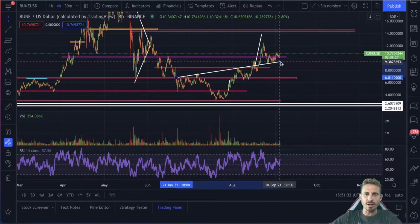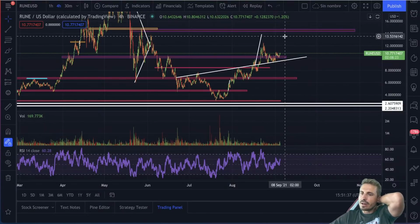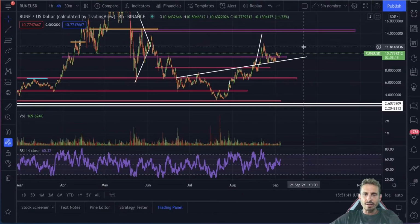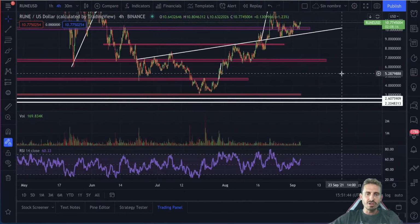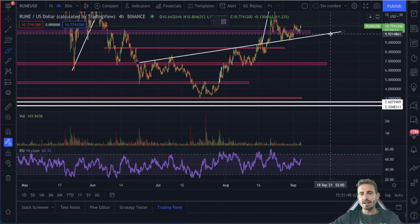This is what I got for Rune, guys. We were talking about this inverse head and shoulder. As you can see, my target here for Rune is above the $13. We didn't reach it right over there. As you can see, zoom in on the chart, check out this inverse head and shoulder with this ascending neckline,